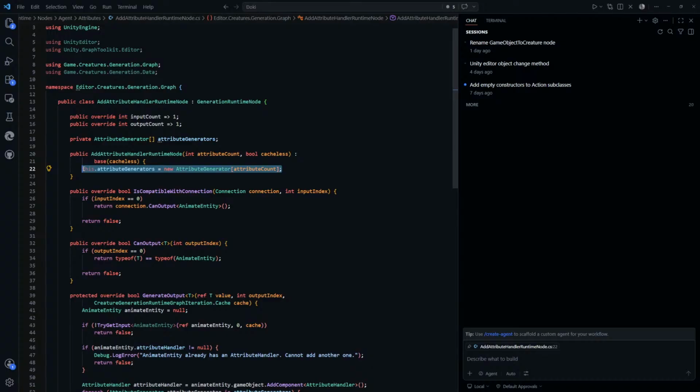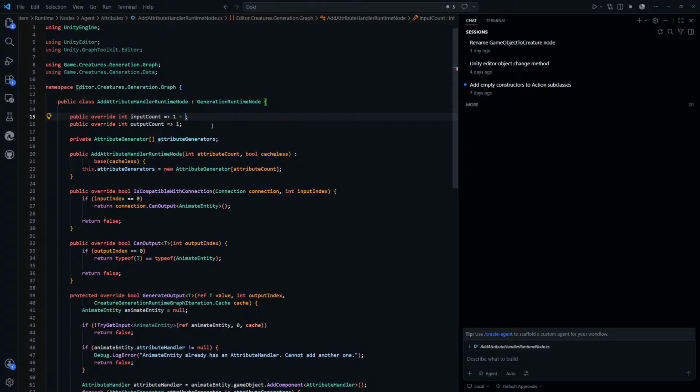And we just do it like this, attribute generators. And then we do input count is equal to